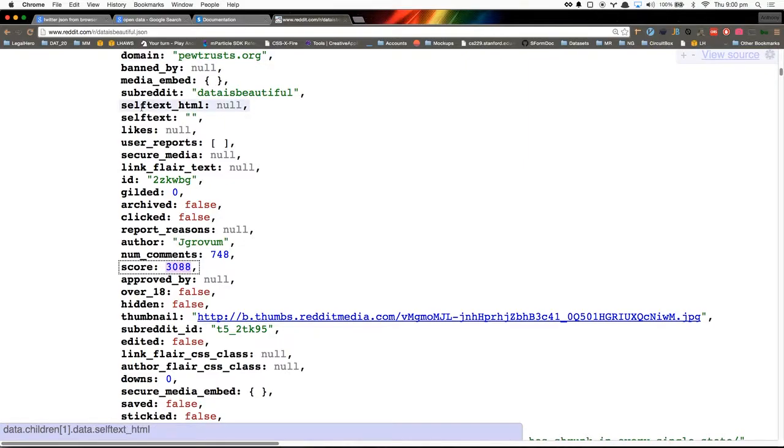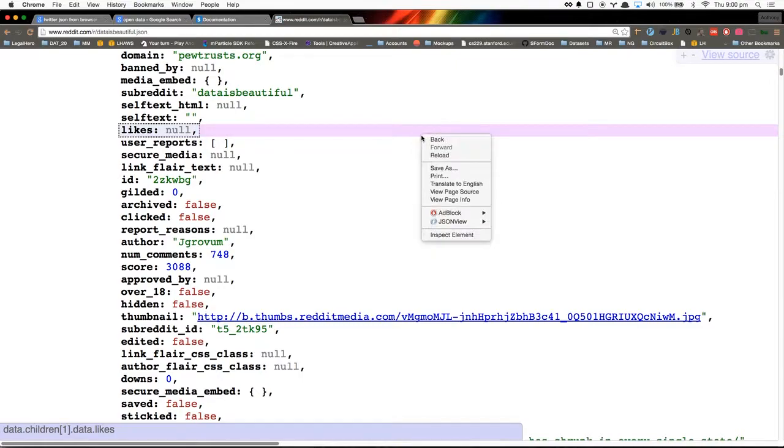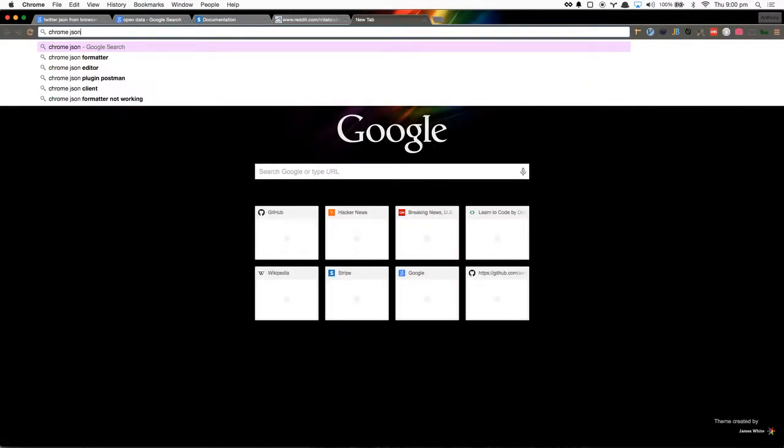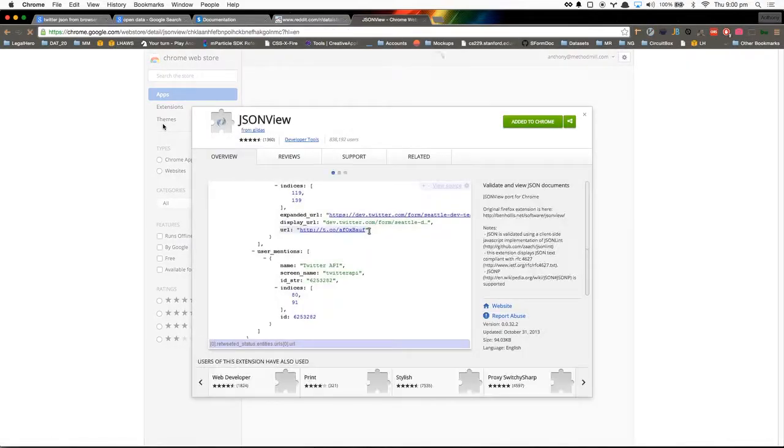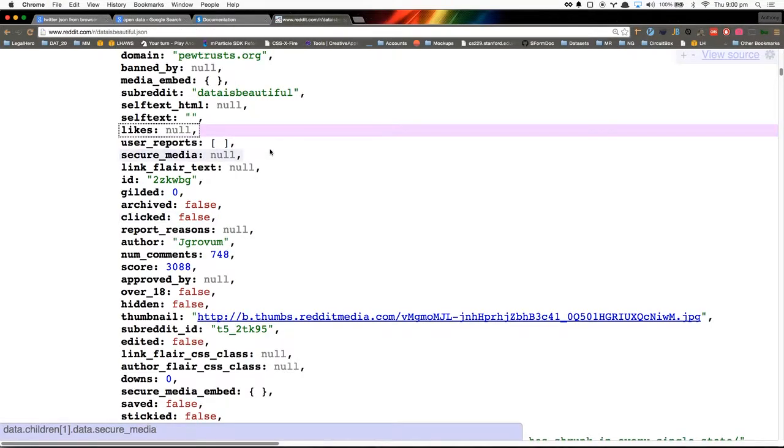What's the extension that you have? It's, well, the extension I have, I forget which, it's called JSON View. JSON View? Yeah, if you look at Chrome DevTools, it's called JSON View. I just use it because I view JSON through the browser a lot, and I find it helpful.